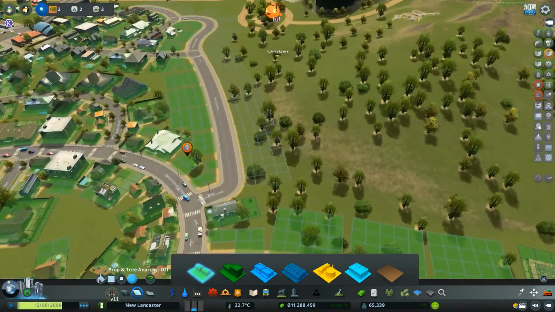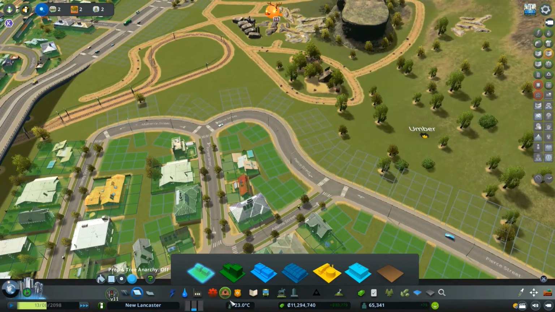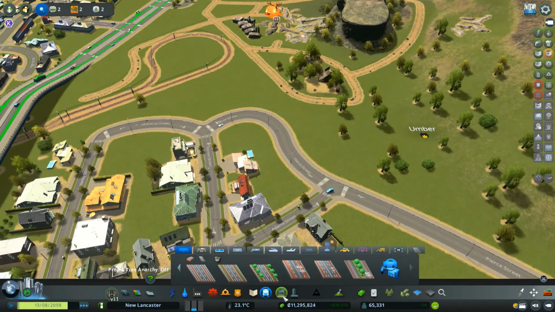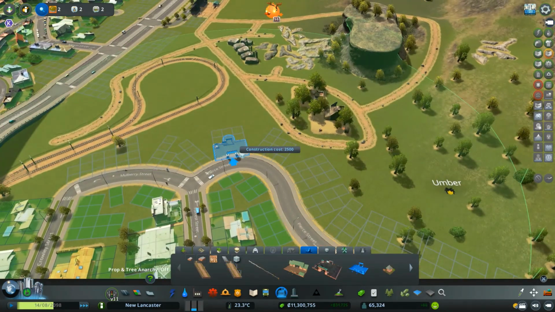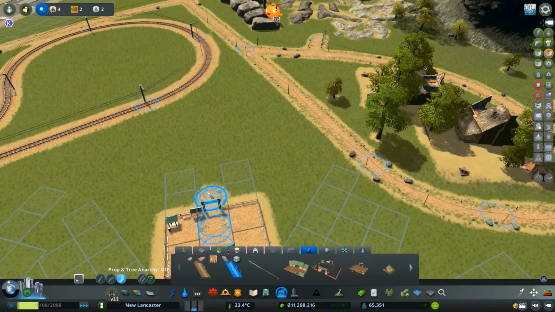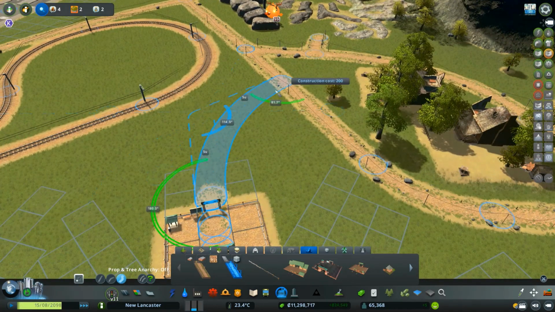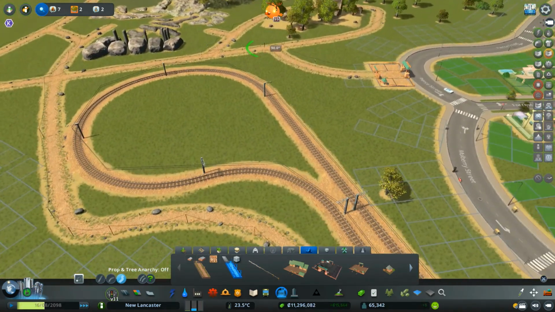Okay. So now that we have that, I don't want to build on the other side because we are going to get a side gate. Right here. Perfect.